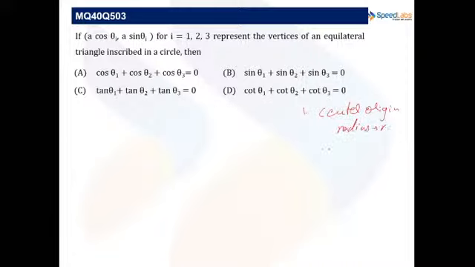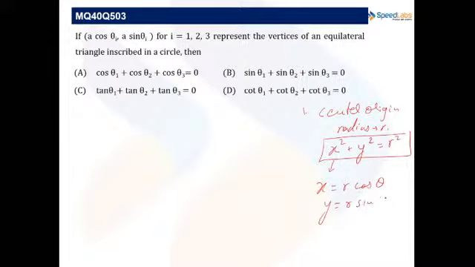so the equation of that circle is x square plus y square equals r square. Now, in parametric form, we can write x equals r cos theta and y equals r sin theta. This is in the parametric form. Now, we are given a cos theta 1 and a sin theta i, for i equals 1,